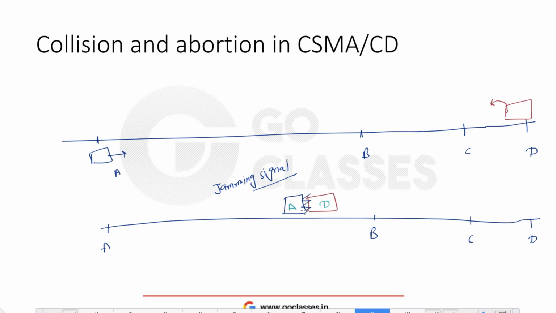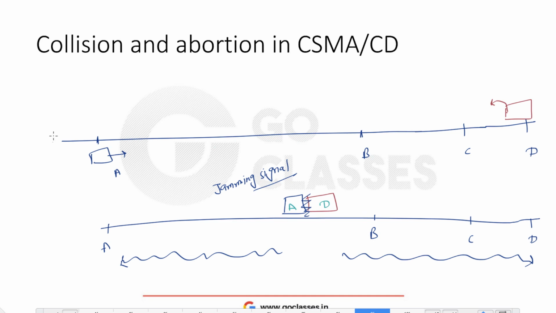So once there is a collision, so here we have the collision. Now there will be a jamming signal which will get transmitted back to A and also to D. So to every station it will get transmitted. Now if you see the sequence of steps that is happening, first A senses the channel and D senses the channel. They both find the channel is free. Then they start sending the packet, and after some time there will be a collision, and after this collision there will be a jamming signal that gets transmitted to A or to D, to every other station basically. So this is what collision means in CSMA/CD.